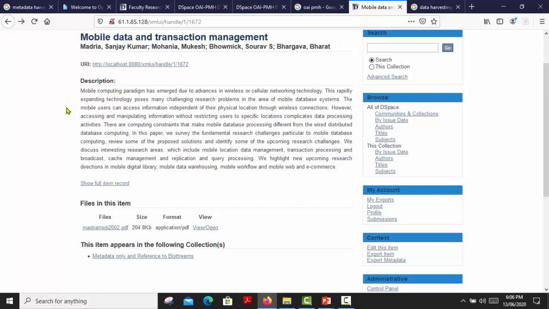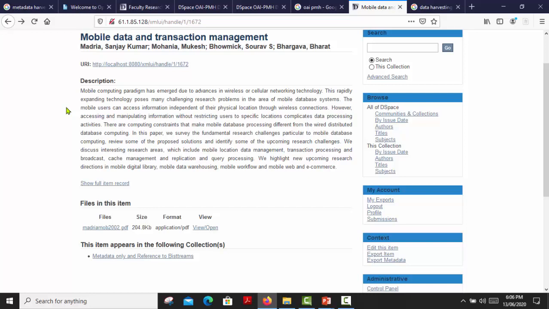To build a repository efficiently, you can harvest data from many repositories. This way you can build a repository that may be a data provider or service provider. We can build a repository on a theme, maybe science and technology or social science, and harvest the associated data. This way we can harvest data from other repositories.